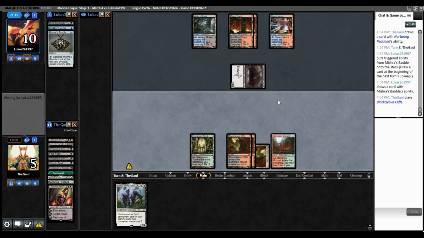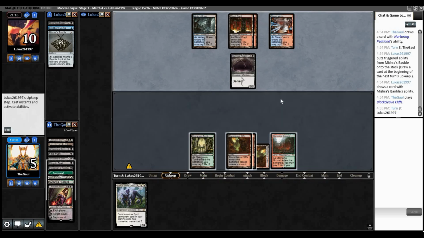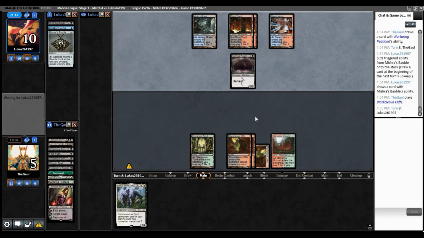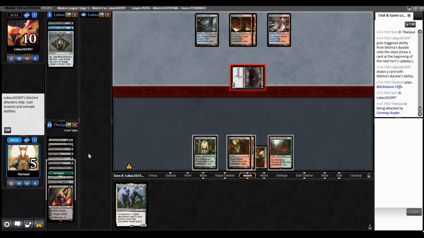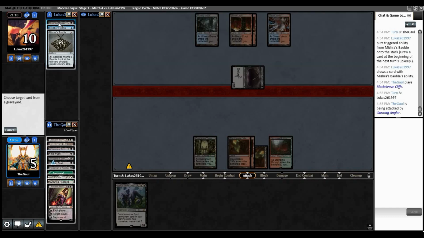Gurmag Angler. Having the double Angler progression with a bunch of discard around it. On the play, really tough for Jund to deal with. Okay, so a lot of things beat us here, including TBR, Stubborn Denial, whatever, but